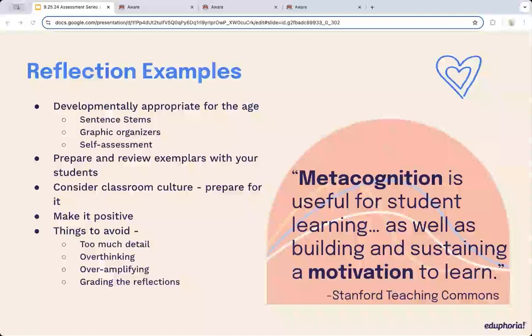It doesn't need a ton of fanfare either, but feel free to provide some fanfare when goals are achieved from those reflections. Make it a part of your processes in the classroom. Make it organic and make it expected.